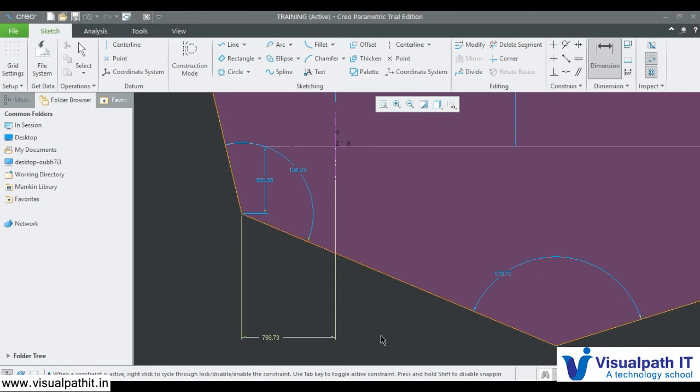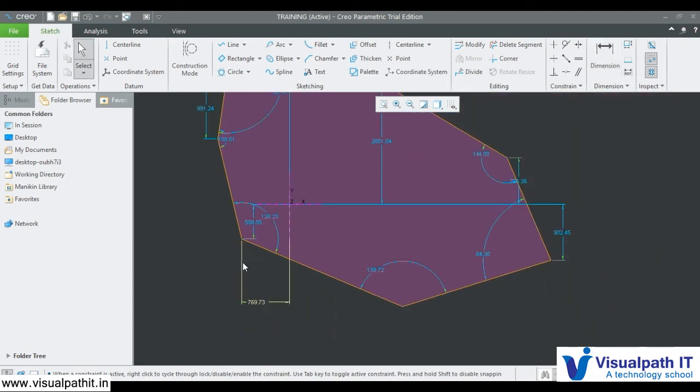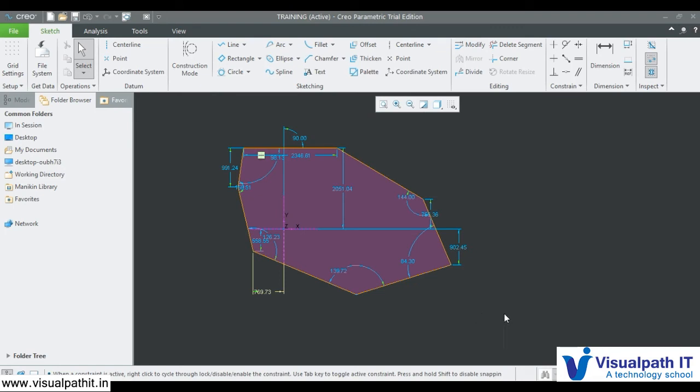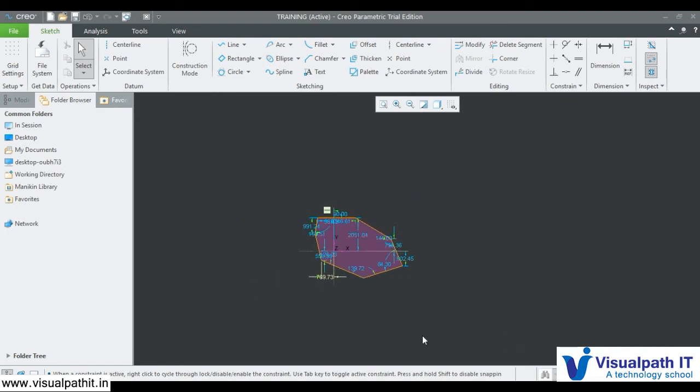The coordinate system is shown as a reference or an origin point for the sketcher. Whatever I create, I can use this coordinate system as a reference for all the design that I do over here. That is the use of the coordinate system.